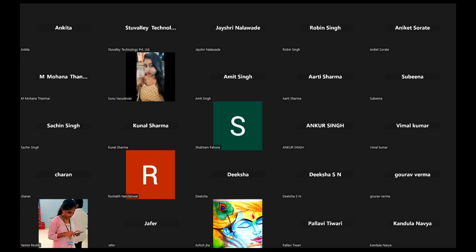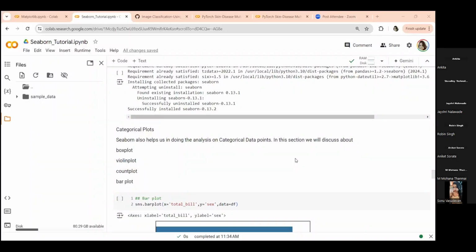Displot is not particularly used for any kind of analysis. Using the displot, you can draw the histogram of each feature. Okay. So next, we're discussing some